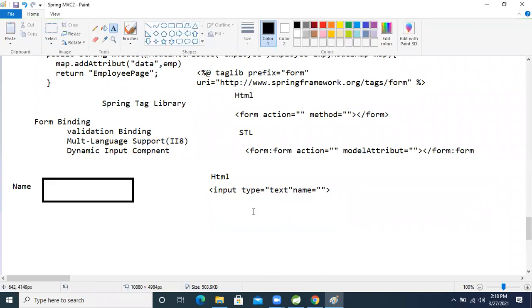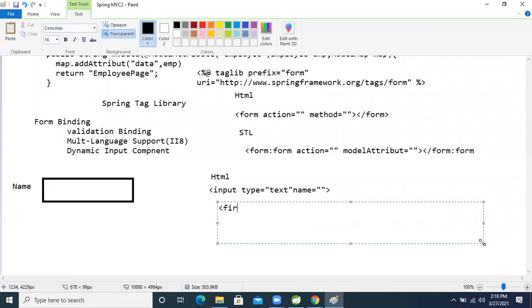But whenever we write this input using STL, how do we write that? Let's see. Form colon input. Input, just path equal to, here we will write the model attribute name. Don't worry about that, I will explain next when I create the project.